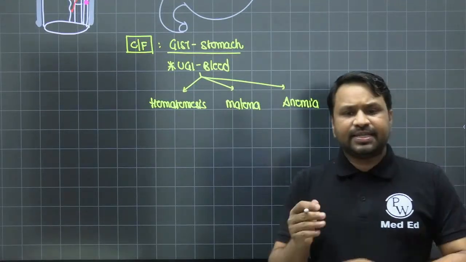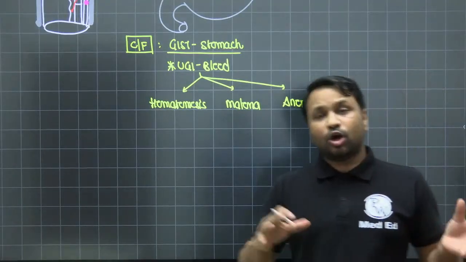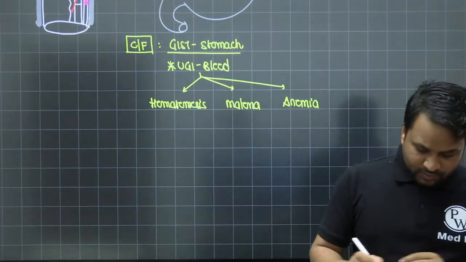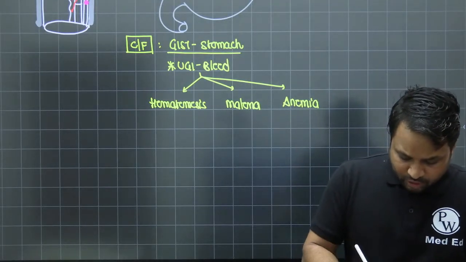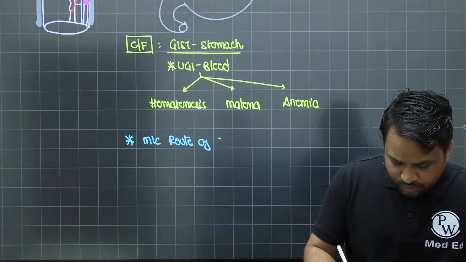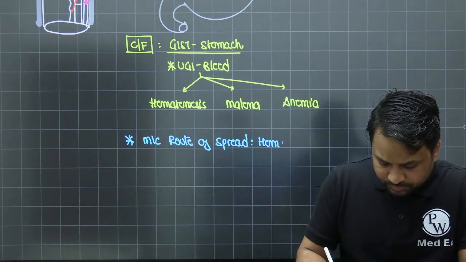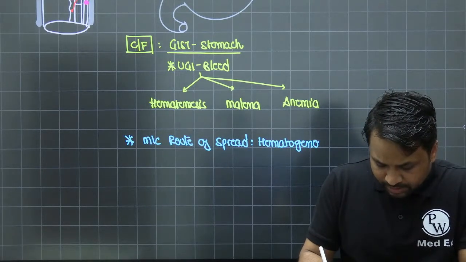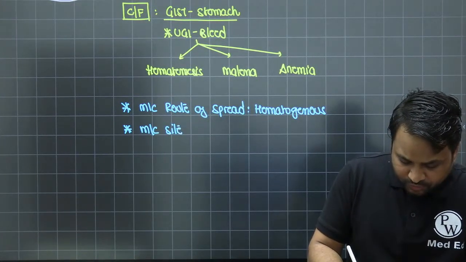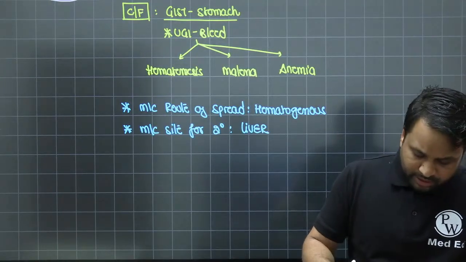In an advanced disease or larger lesions, it can present with obstructive features. But remember, we'll talk about that when we talk about the intestine. The intestinal GIST will present with intestinal obstruction, not in the case of the stomach. In general, the most common route of spread is hematogenous, that is bloody, and the most common site for secondaries is